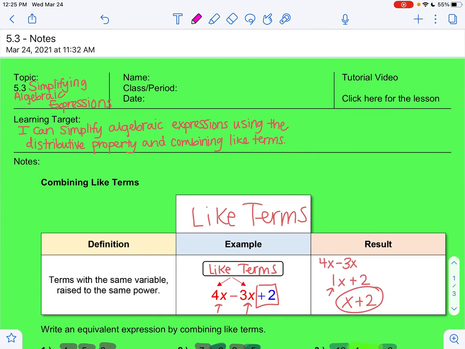Alright, so that was our lesson all about simplifying algebraic expressions. Please let me know if you have